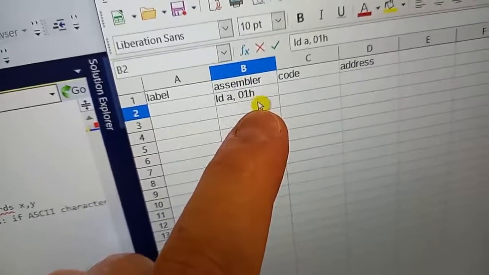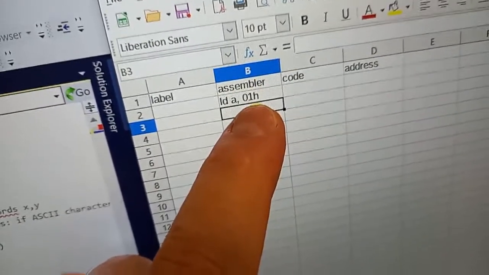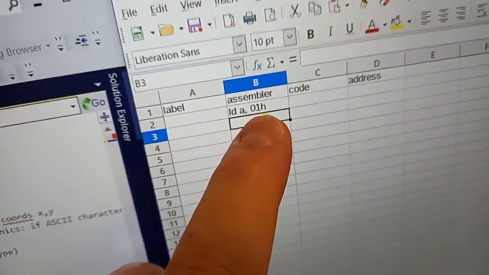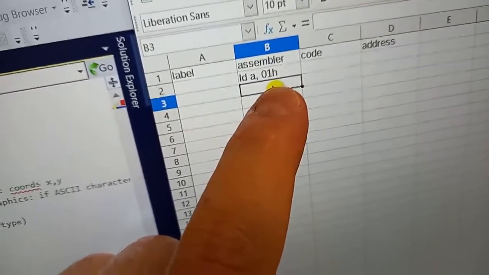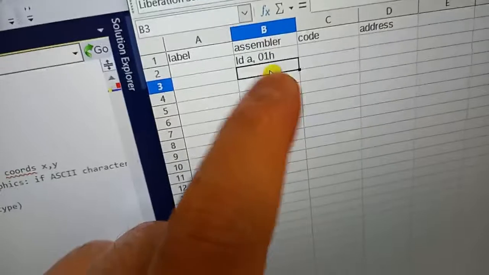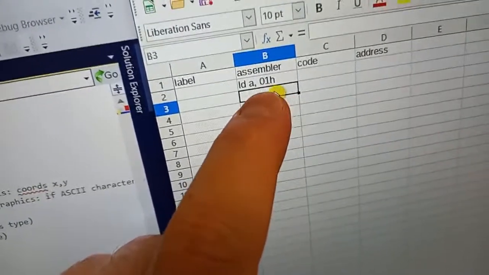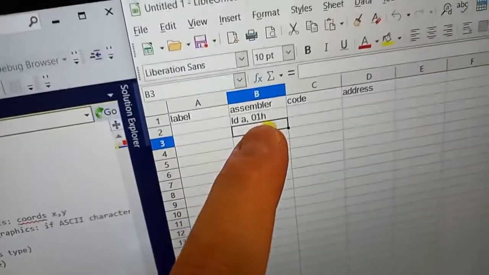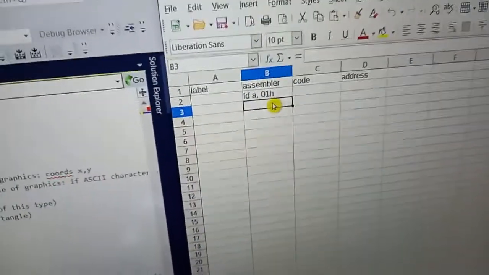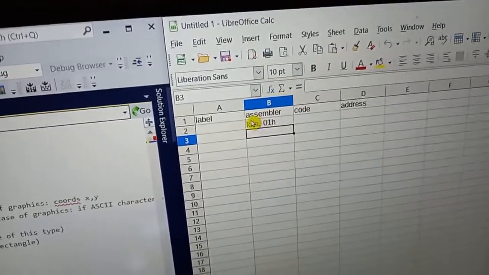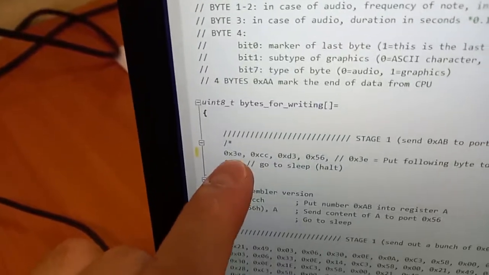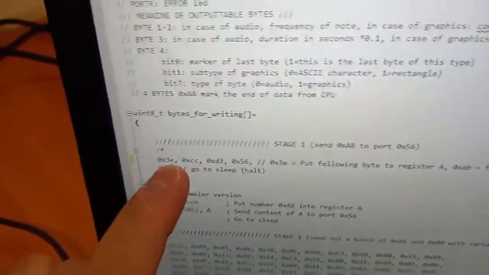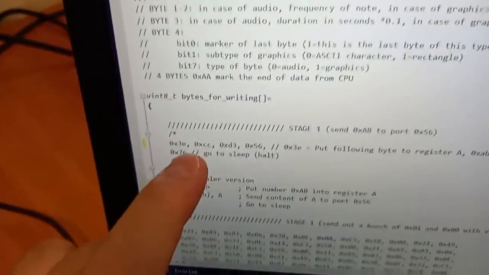1 in every numbering system looks the same. Number 1. So this is the first instruction consisting of 2 parts. Load to the register A, byte 1, and it's 2 bytes. The first byte describes the instruction, and the second byte is the data for this instruction, just like here. The first byte is 3E and the data is CC. 3E means put to the register A the next byte,